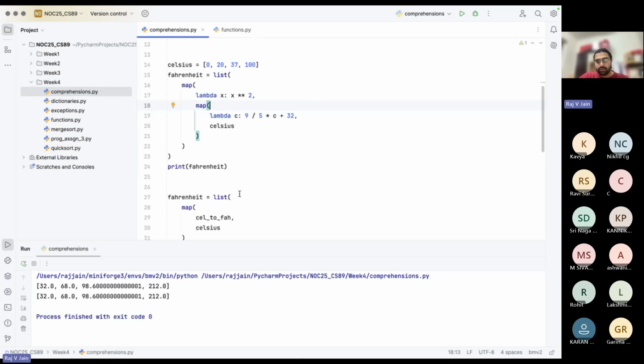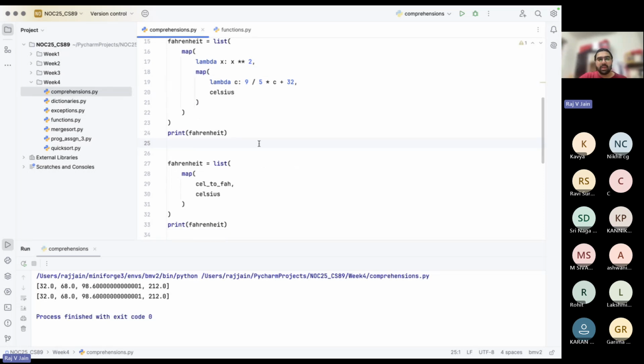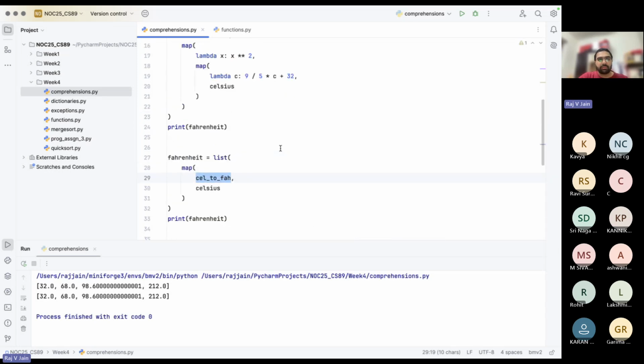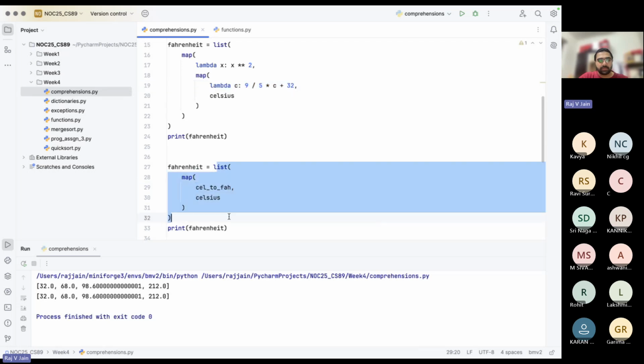This is another way of doing the same thing. So you can basically use map upon map. You can use a sequence of maps by itself. Not a problem, right? And just to make sure it's the right answer, we'll just